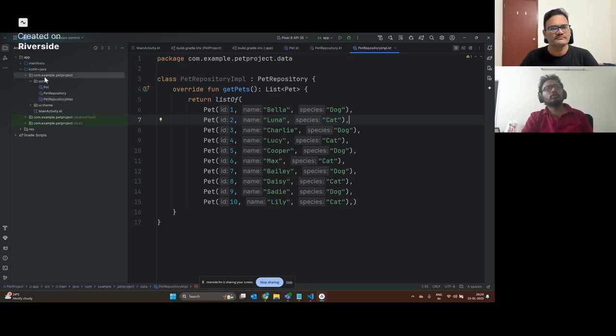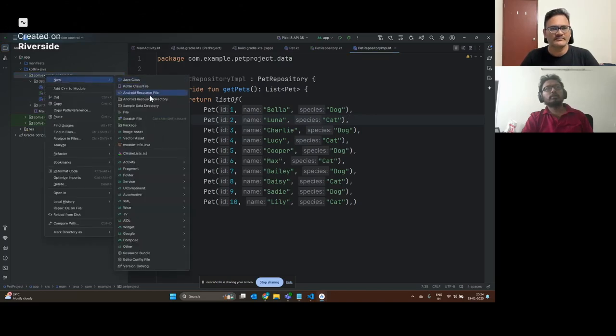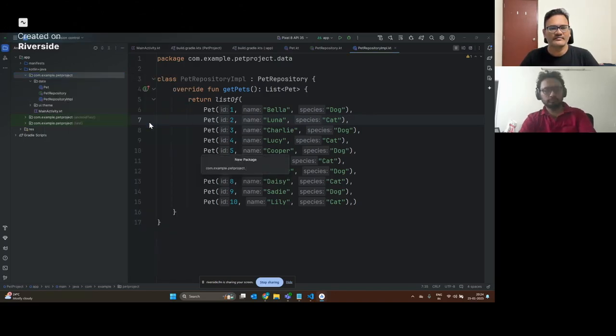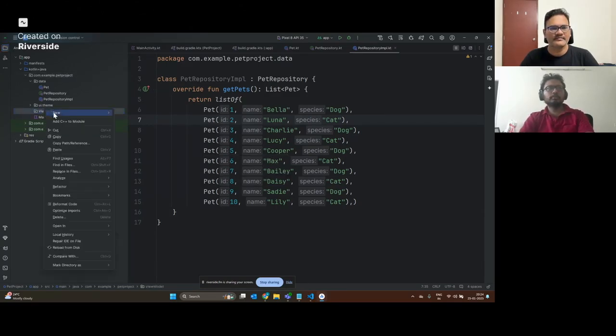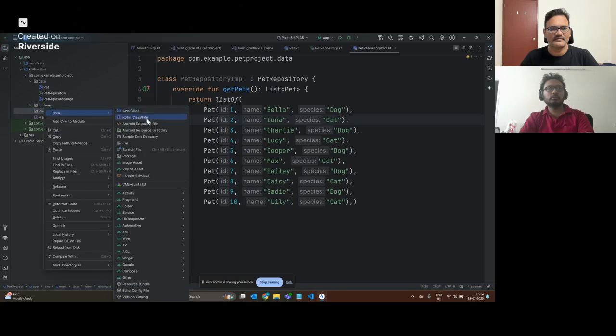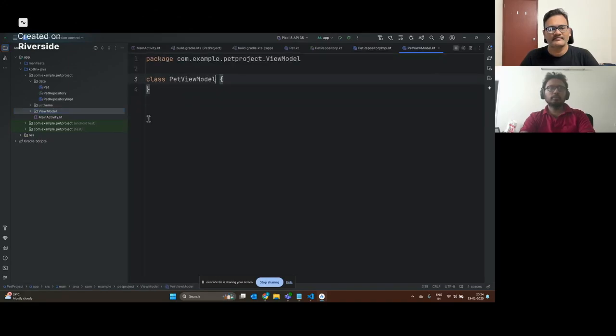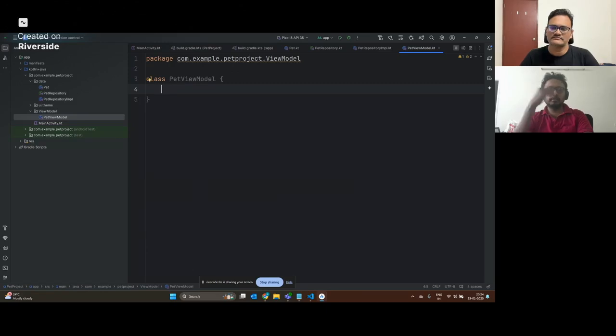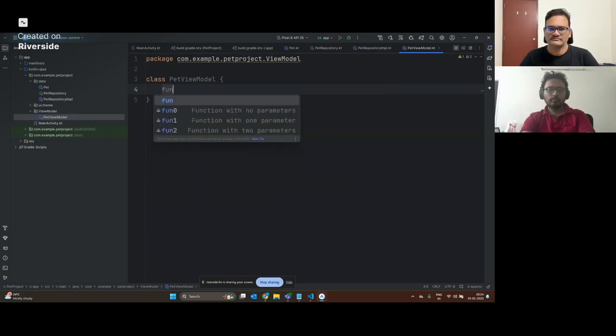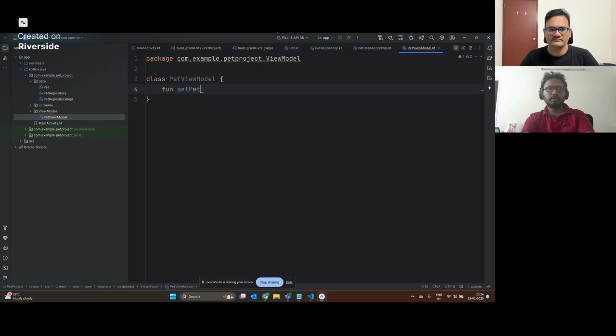So first we create a package again. We call it view model. Depending on the project, we may have many view models, but here one is sufficient. We call it PetViewModel. If you see, it has nothing special. All it will have is a fun getPetList. This is the function which will